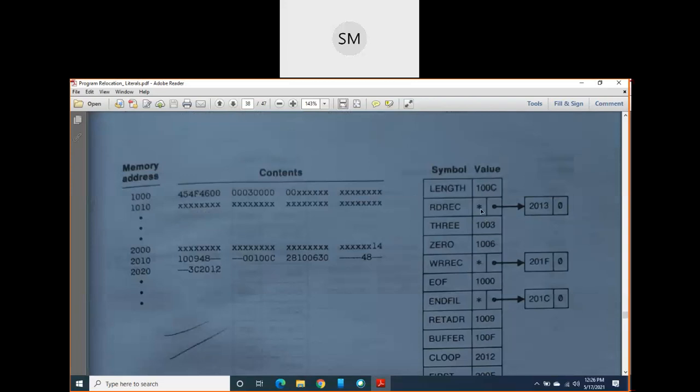The star indicates that RDREC is undefined, and it is present in the JSUB statement whose address is 2013. It means that at address 2013 we have to store the address of RDREC. Then null is there. Null means that after this linked list there is no other list; there is only one list.